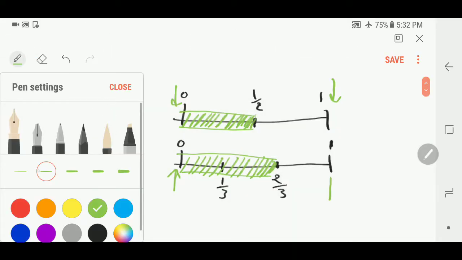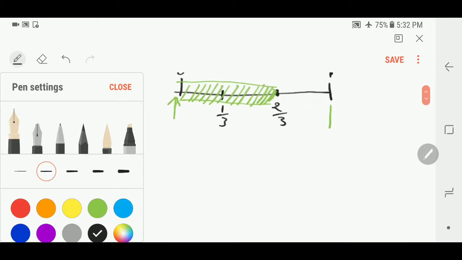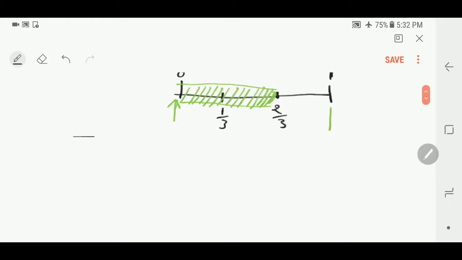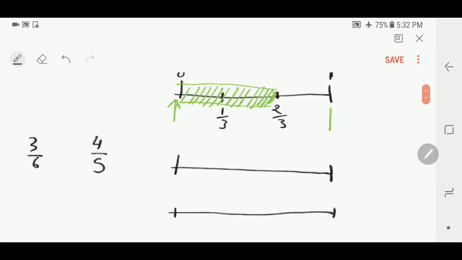There you go, another example. I am gonna give you 3/6 and 4/5. Can you tell me which one is bigger? Which one is smaller? If we use the same line segment,